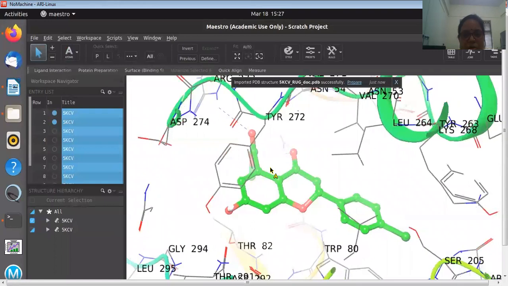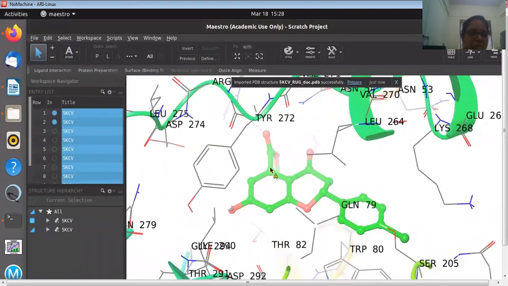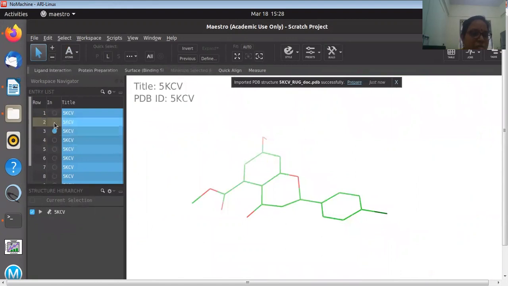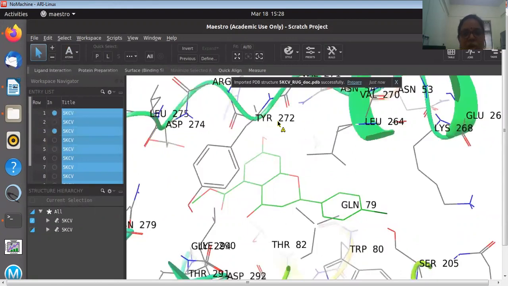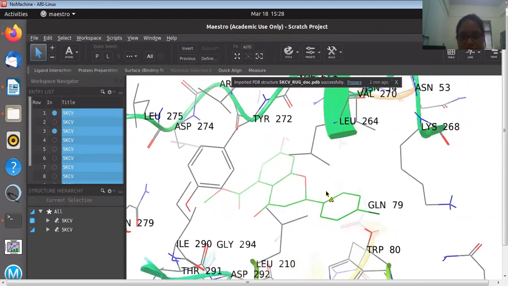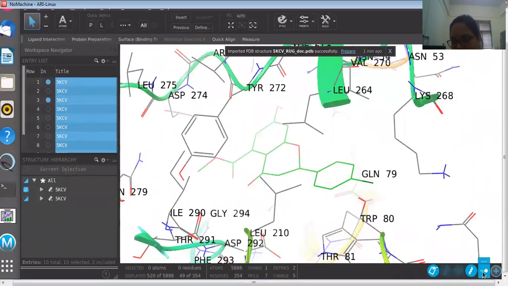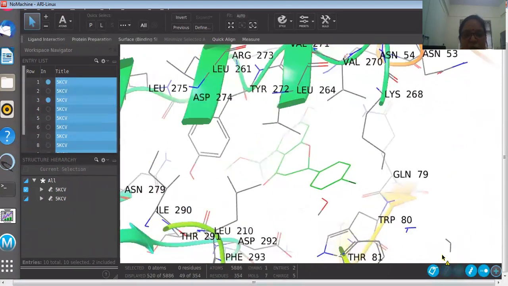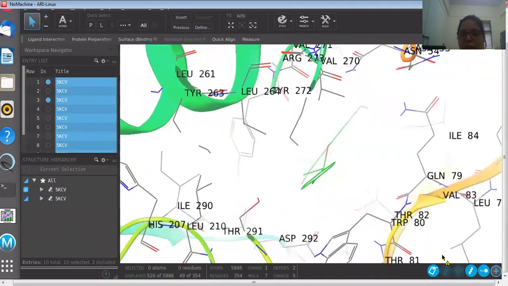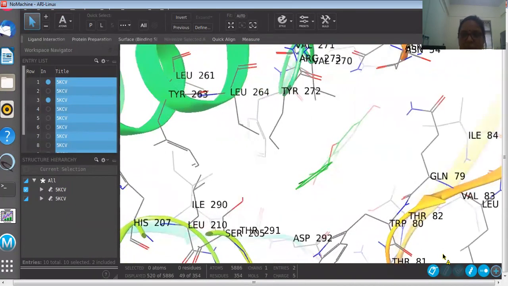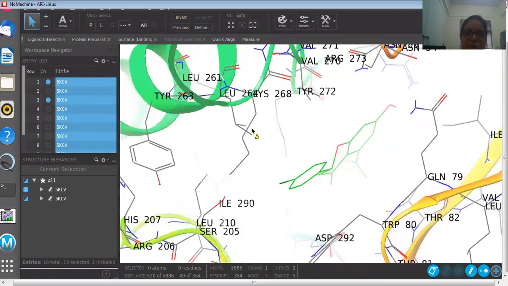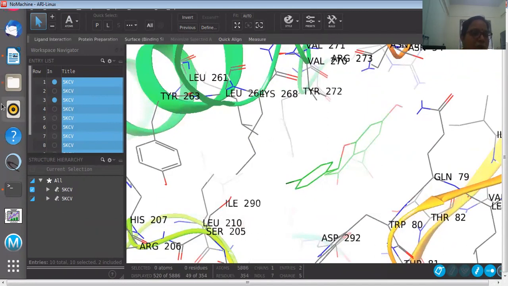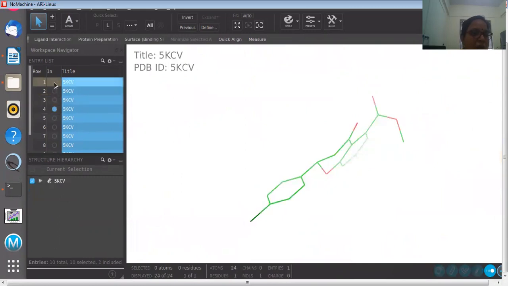You can move your ligand everywhere. I could show you the next one, which I think is better. You can rotate it any way. It is from hydrogen bonding. You can click here at the bottom blue button. You could see the hydrogen bonding over here also, and rotate it as much as you like to visualize the ligand. Many things you can do with this. How to remove unwanted bonds, I will show you anyway.